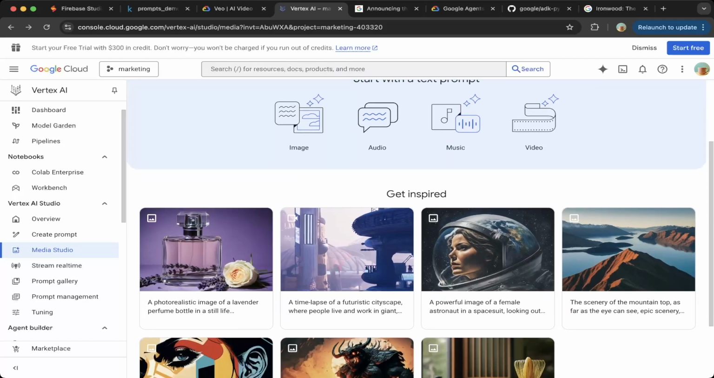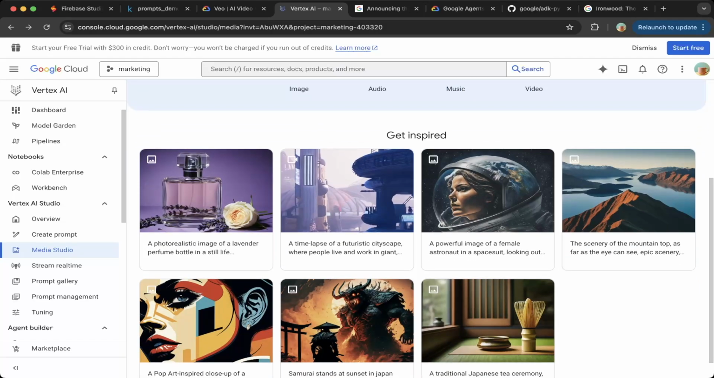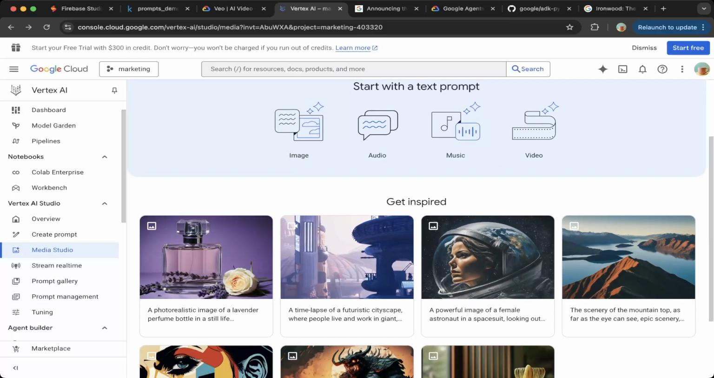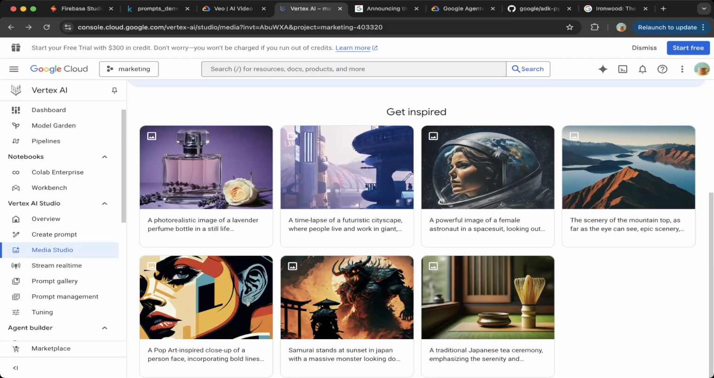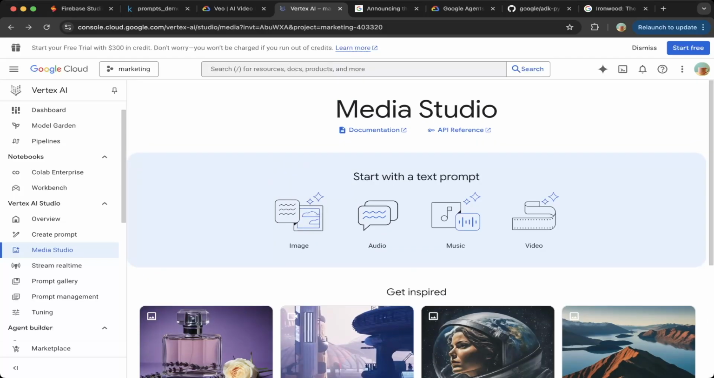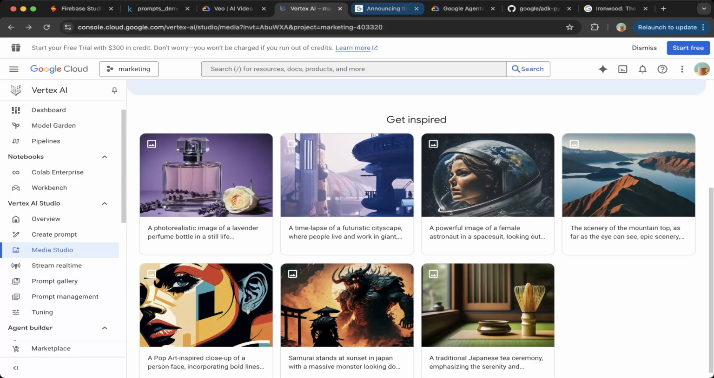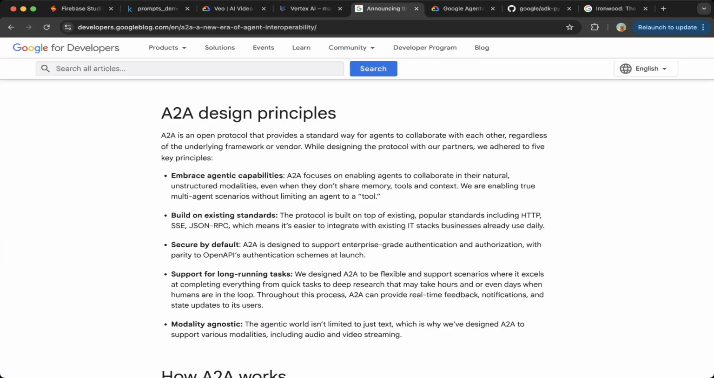You can try to use this Vertex AI. This is not free, but you can try it out on the Vertex AI platform on Google Cloud. So this is another image generation and video generation tool from the Google platform. So this is nice. And then another very interesting part that Google released during Next Cloud 25 is for